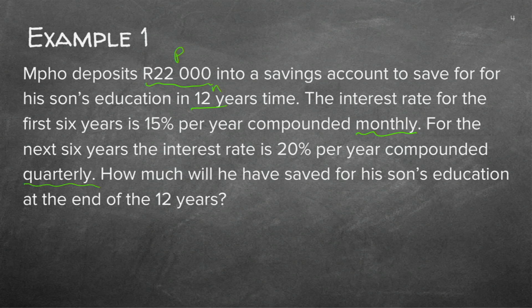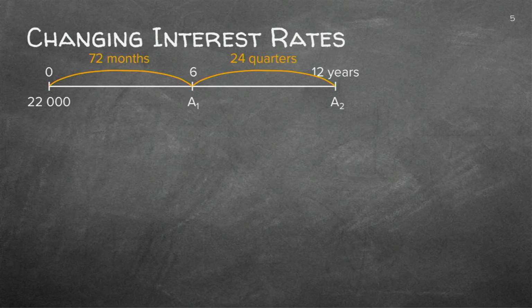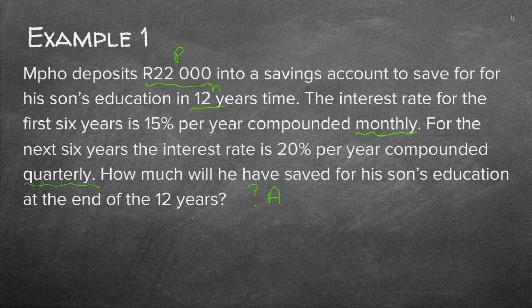How much will you have saved at the end of 12 years? So what are they asking? The final end amount, which is represented by the A. So let's go to a timeline. There's my formula: A = P(1 + i)^n. Now here I prefer to write the i in each compartment. Can you see the first one? Let's just quickly go back. The interest rate for the first 6 years was 15% compounded monthly. So there's my i. Can you see there are my three ticked things? And there at the bottom is my unknown.